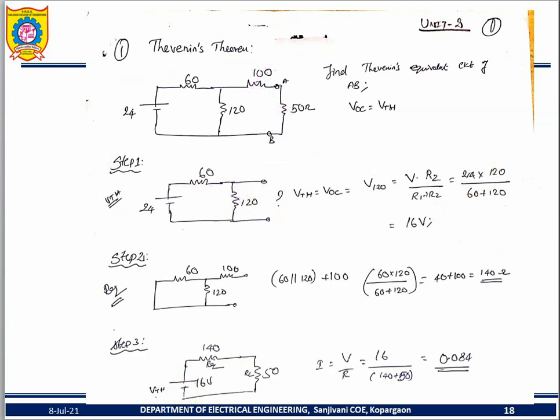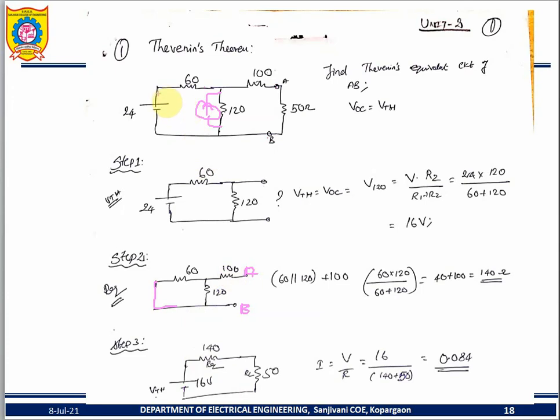Step number 2. What to do? So this is a load across these 2 points. This is point A and this is point B. If it is the source, what is the source? If a voltage source is there, it means short circuit. If a current source is there, it means open circuit. Erase it. For example, if a current source is present, you can erase it. This is how the circuit appears.